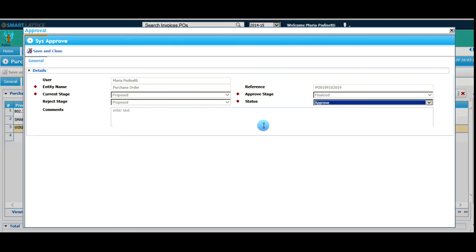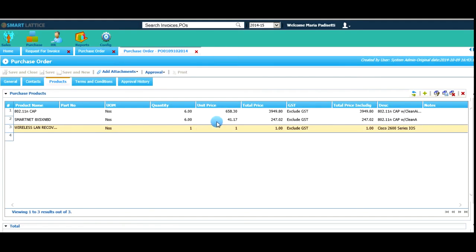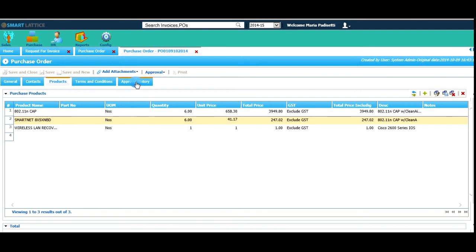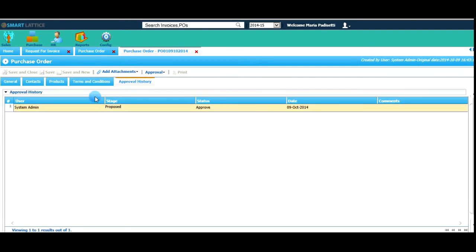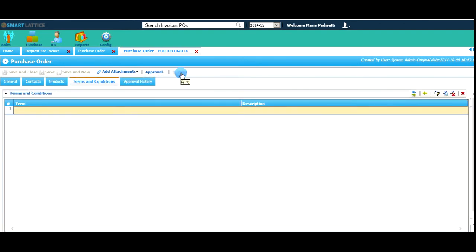When you press approve, automatically for a management role, the final approval status is finalized. Once finalized, automatic mails will be sent and print enabled. Here you can either reject a purchase order or approve it, depending on your understanding of the current purchase order. Once this is approved, you can see the approval history and print will be enabled,